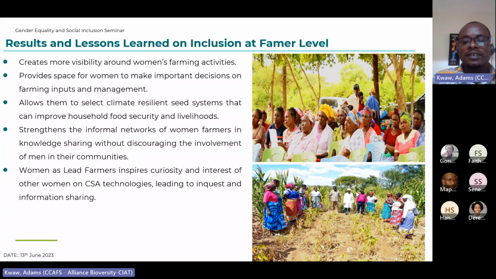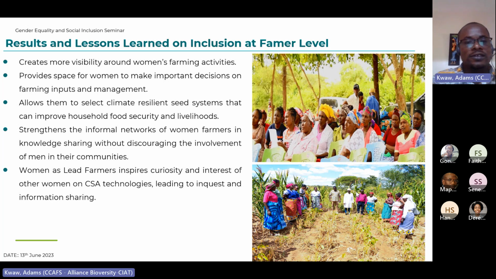And then because they were the lead farmers and were driving our activities directly through them, it put them at the forefront in making decisions on the inputs to plant on the farm, decisions around labor, decisions around fertilizer and other applications, because the extension officers were regularly interacting with them on the progress on their demo plots and the kind of inputs and things that they would need for the crops. So we didn't need to reroute decision making through their husbands, but could do it directly through them.